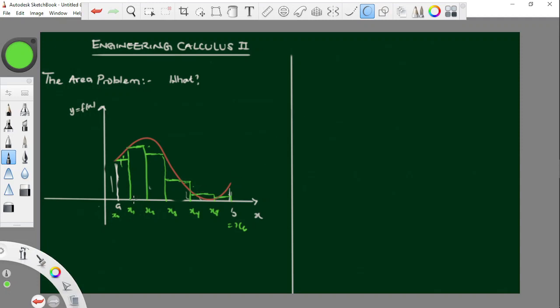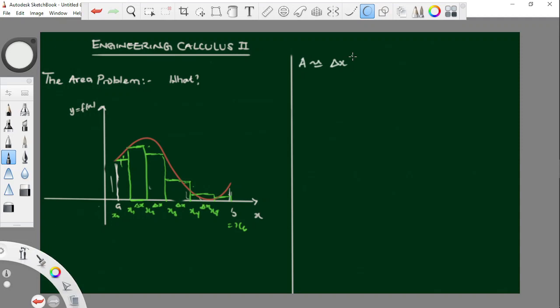Where we can say that the width of each of the rectangles is equal to delta x. So we have delta x's, delta x's, delta x's. What this means is that the area under the curve can be approximated using the areas of each of the rectangles. And what can we say is the area of each of these rectangles? Well, if we make all the widths the same, I can say it's just equal to